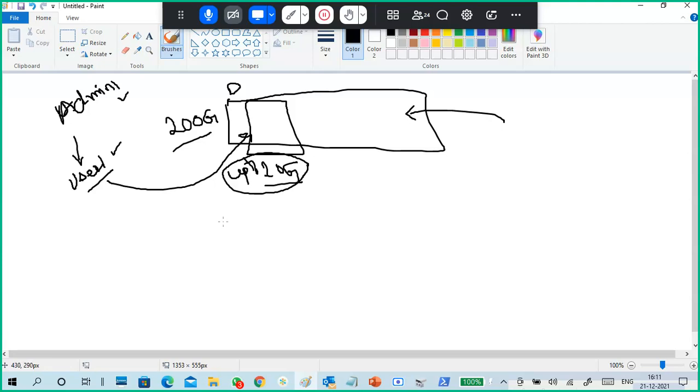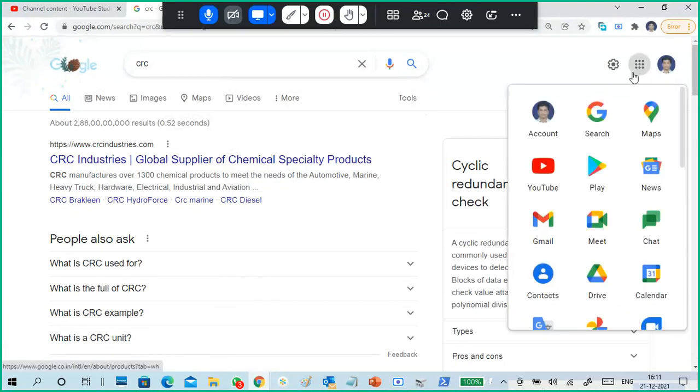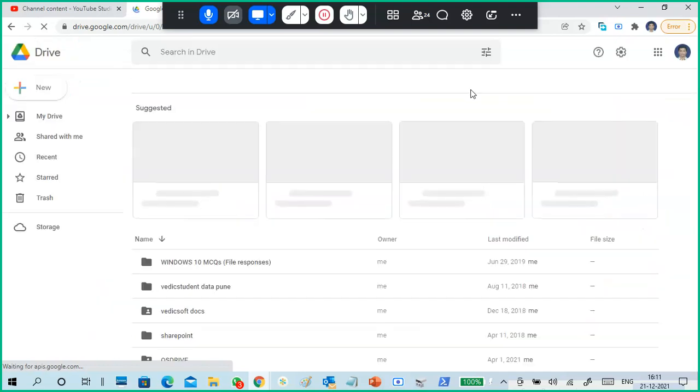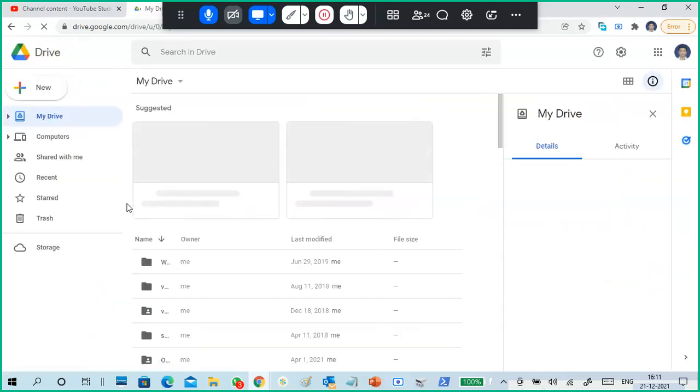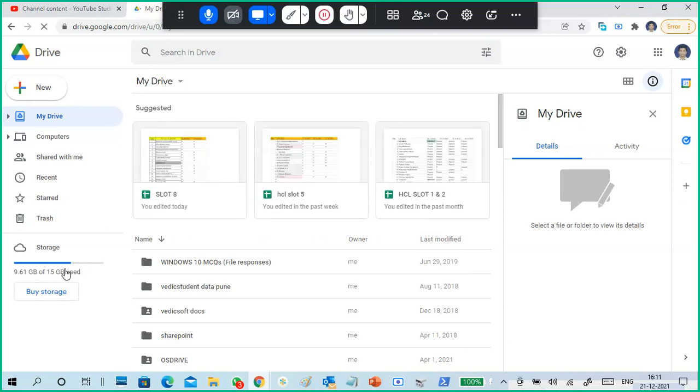So that is disk quota. In your organization also there are disk quotas, limiting how much data you can store on the disk. Obviously, for each user there is a limitation of disk storage. I will show you one simple example. Just go to Google Drive. Can you see 15 GB?